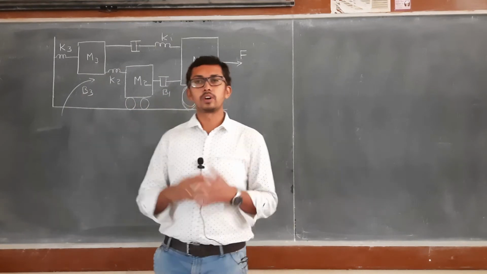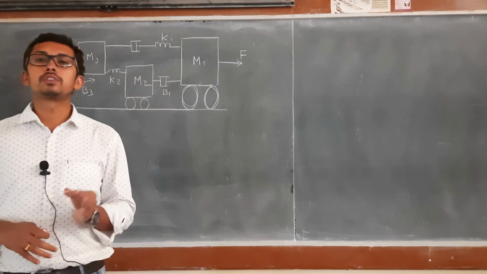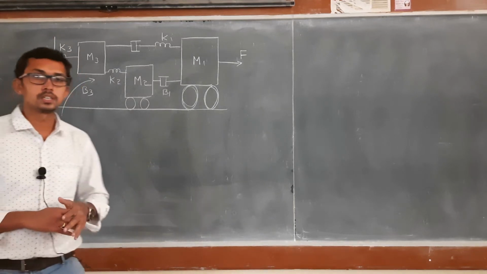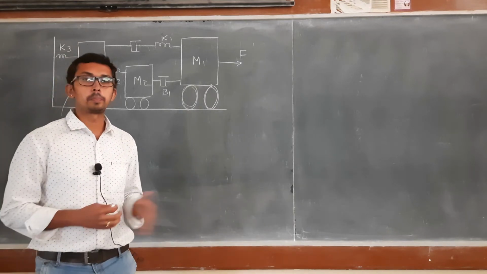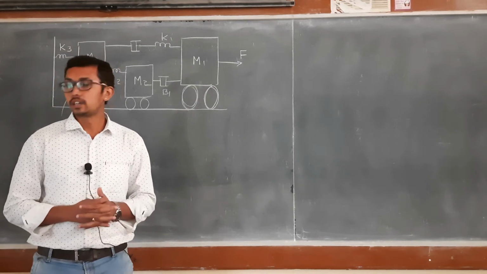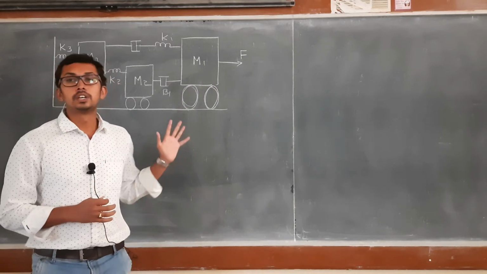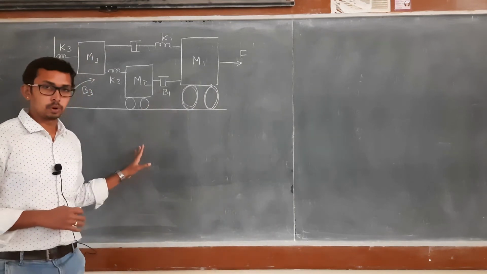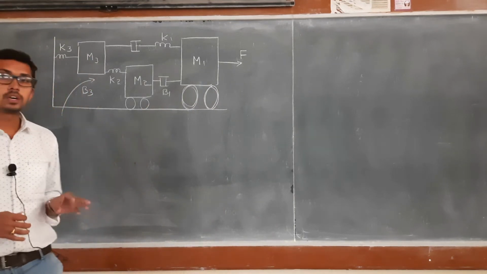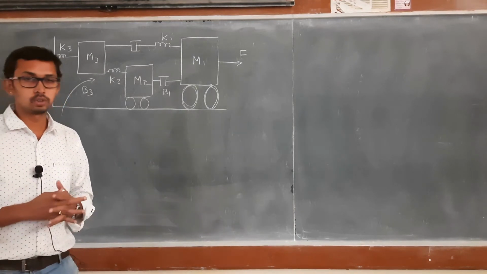So what is the problem? The objective is to write the differential equation for the given system. The main objective of this topic is to find the transfer function of a given system by writing the differential equations of the system. When we compare to the previous problems, as I told, the number of masses will be equal to the number of nodes. Yes or no?